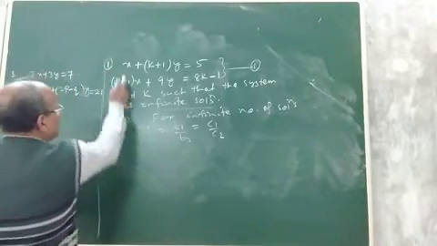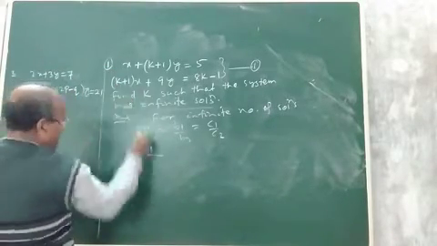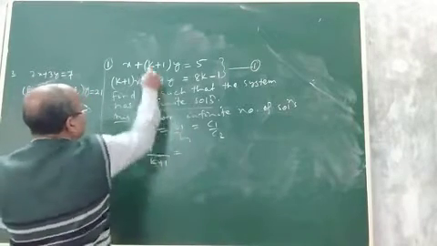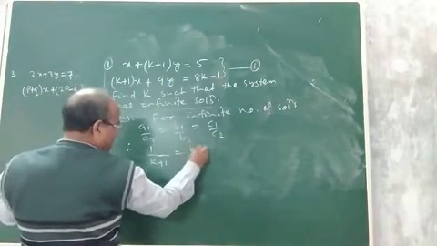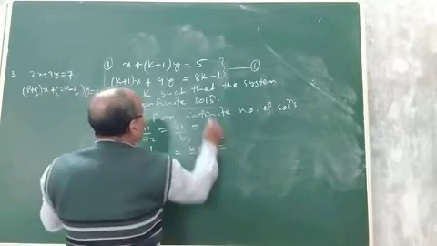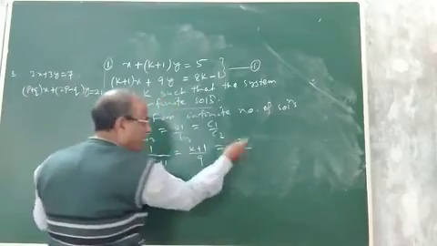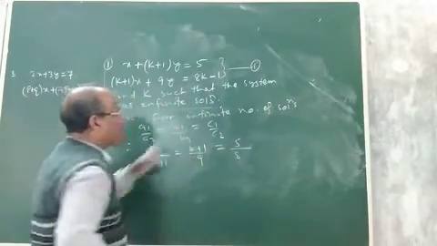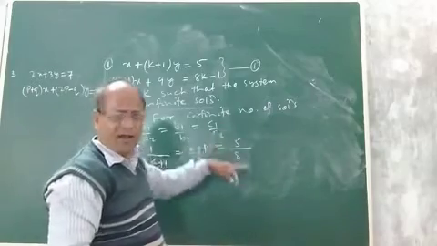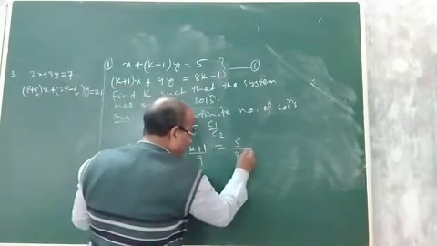So here a1 will be equal to 1, a2 will be k plus 1, b1 will be k plus 1 and b2 will be 9. c1 will be minus 5, and c2 will be minus (8k minus 1). You can take minus 5 into minus (8k minus 1), so minus minus will cancel. Better you take c1 as 5 and c2 as 8k minus 1.